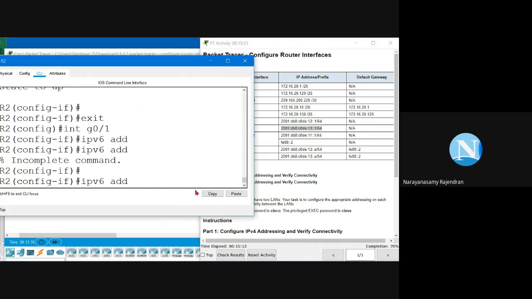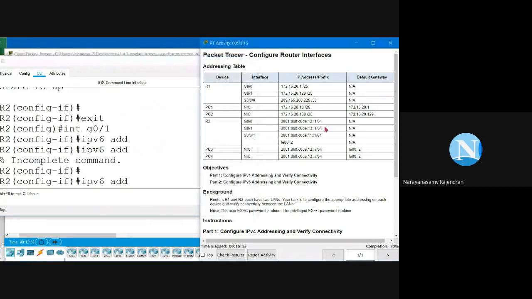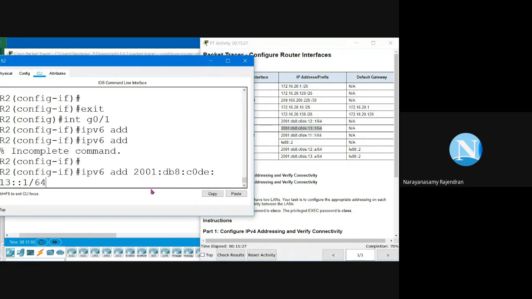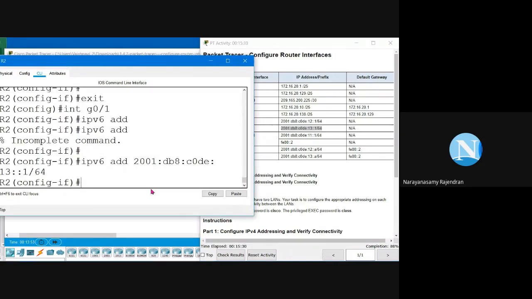Once again, I'll go here. While copying, this kind of mistake will come. You have to adjust or manage those mistakes. Control C. Yeah, done. Now no shut. Done.